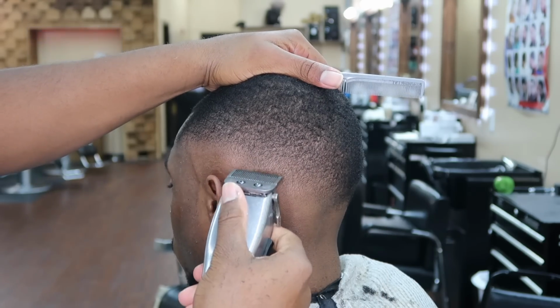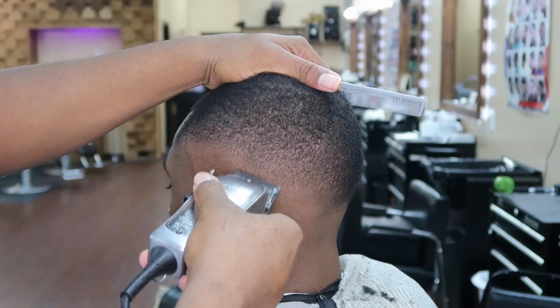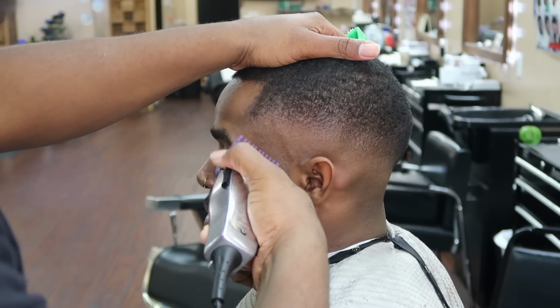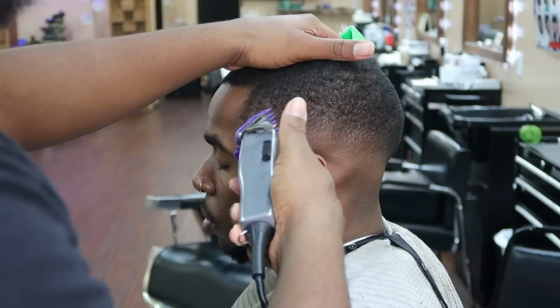Work smart now, okay? If you look right below my hand, you see a little blood right there. He actually had a hair bump. I cleaned it out, got the hair out, bled a little bit, sanitized my clippers afterwards. We good with that. All right, so now I'm debulking again right here in this section on the frontal lobe,